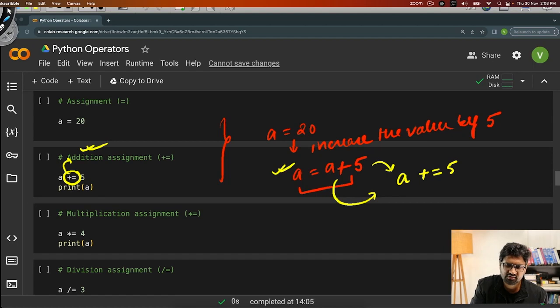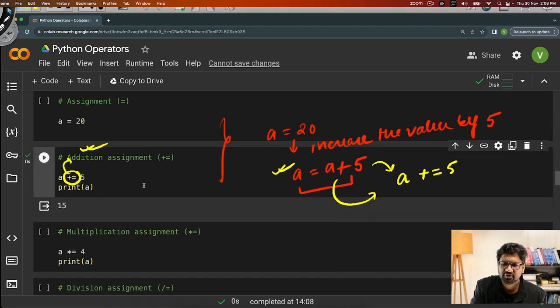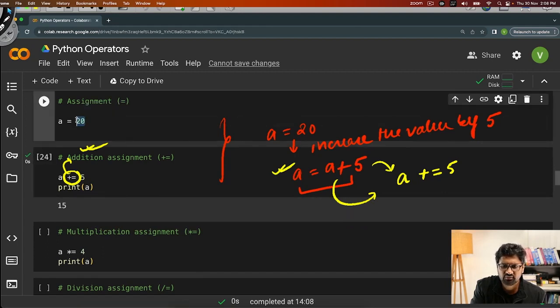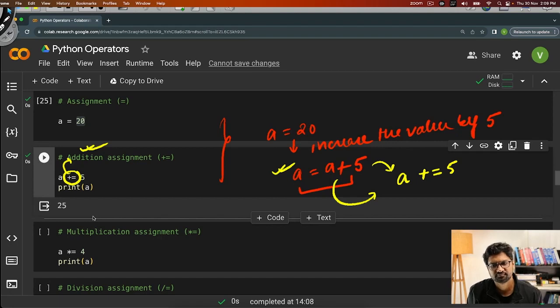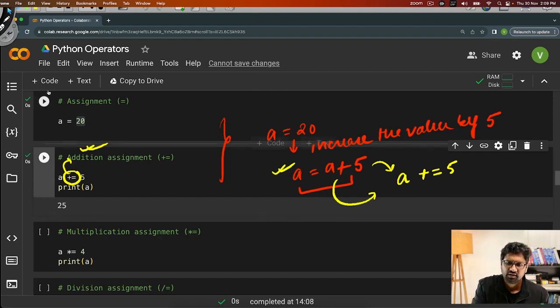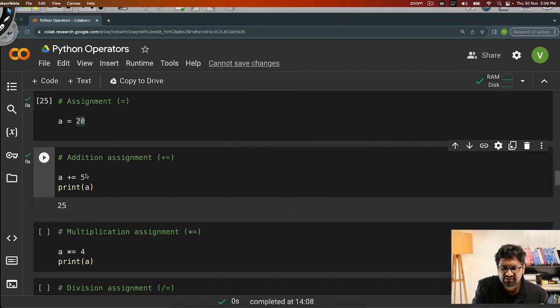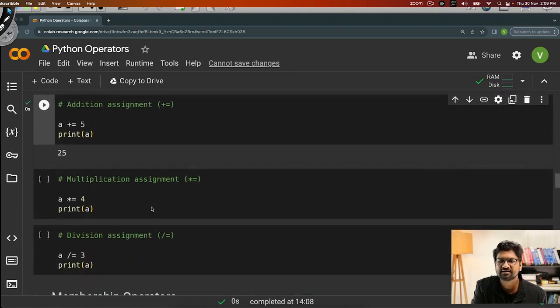So if I go and run this, it should print me a is equals to 20. Let me go and run this first of all, a is 20, and then if I go and run this, then a becomes 20 plus 5 equals to 25. Fair enough? Now this thing that you have seen here for the plus, we can do for anything, right?